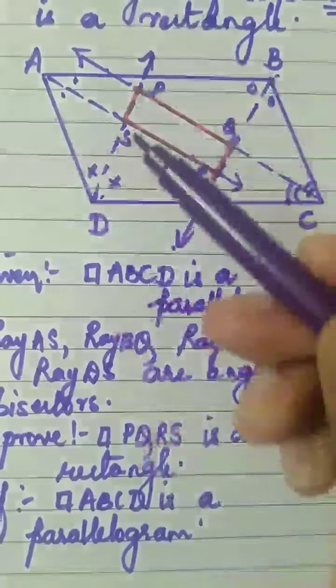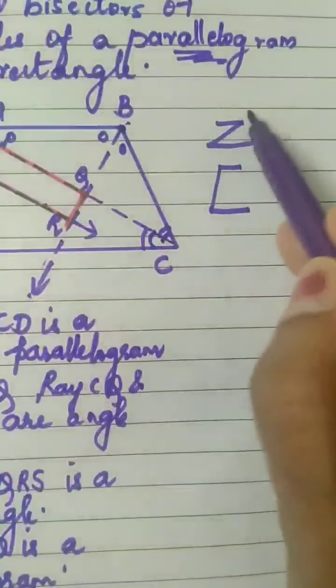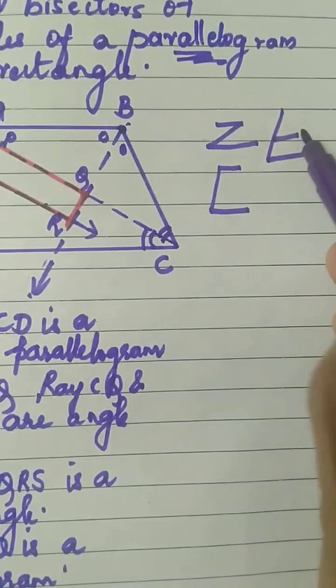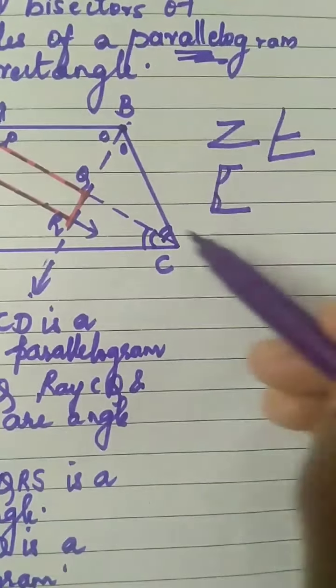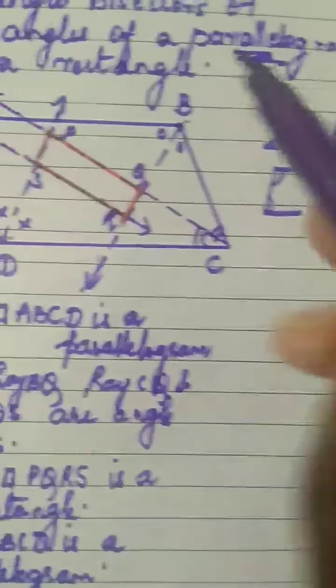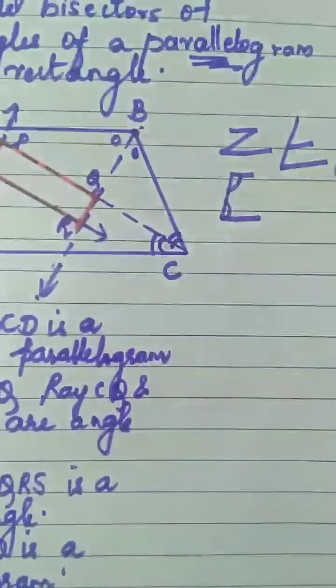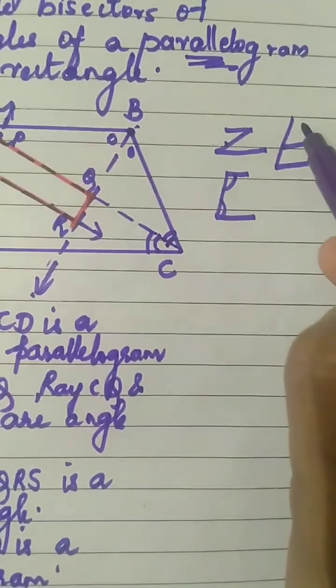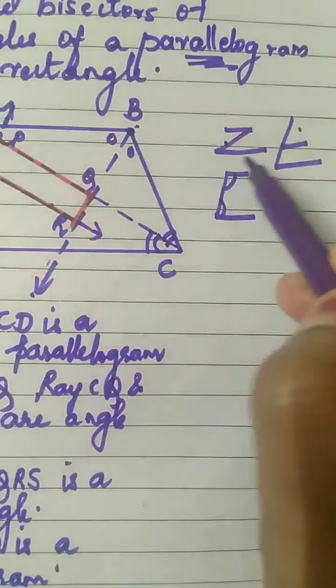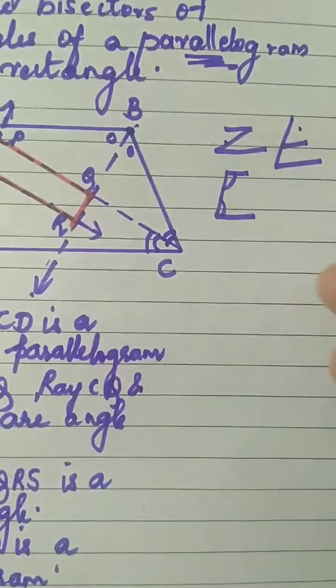So which angles will you use? Will you use alternate angles, corresponding angles, or interior angles? Which is logical in this sum? We want to prove that each angle is 90 degrees. यहाँ पे किधर 90 degree की बात है? No. Here 90 degree? No. But somewhere here we are indirectly talking about 90 degrees.